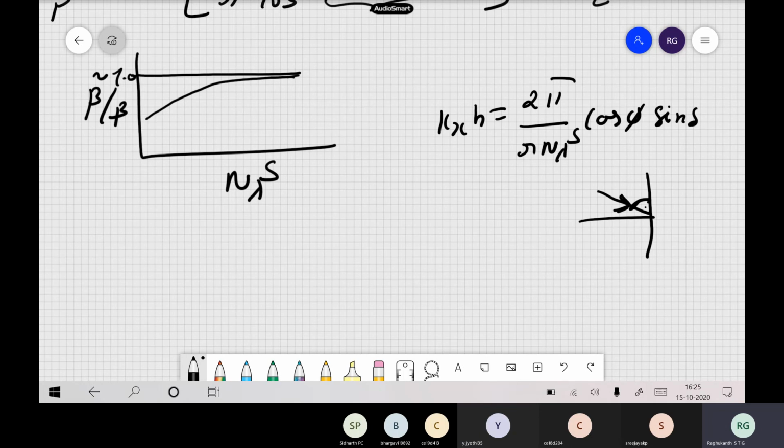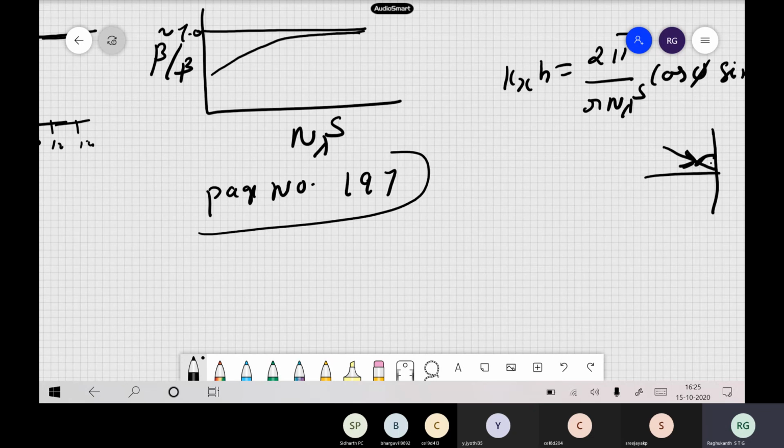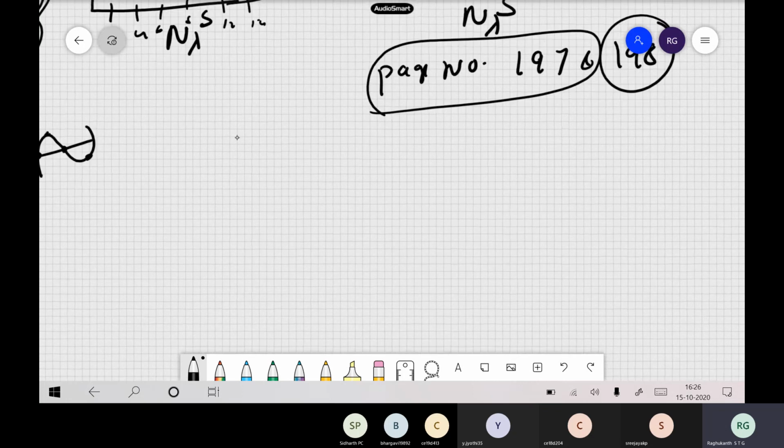So for which angle the wave will disperse and which angle it will not disperse, these equations are there. So you can plot this figure. If you see the Mogso finite difference textbook, you can see pages 197 and 198. He has plotted nicely the dispersion, and you can see that for S waves, the dispersion is extremely high. I told you, dispersion is controlled by the shear waves.